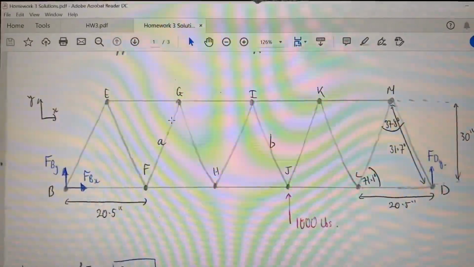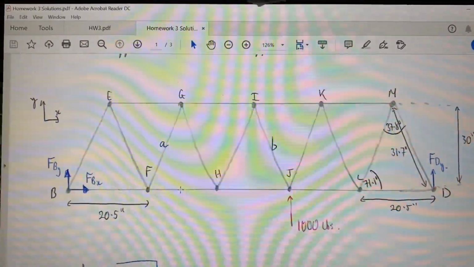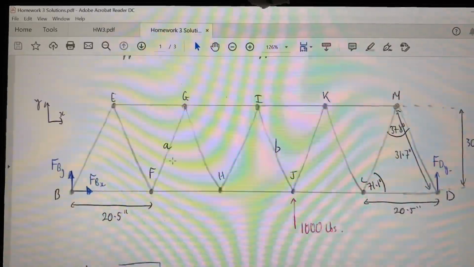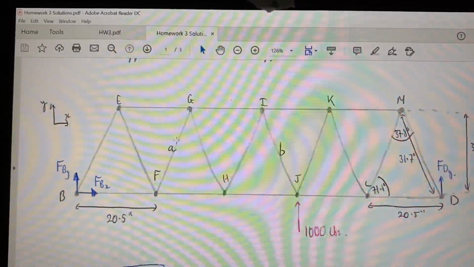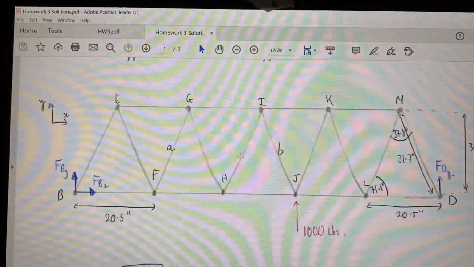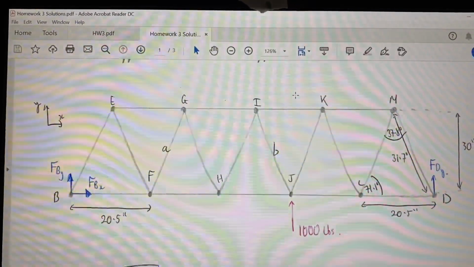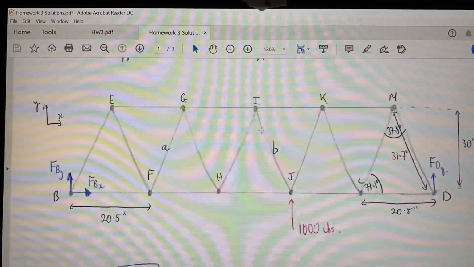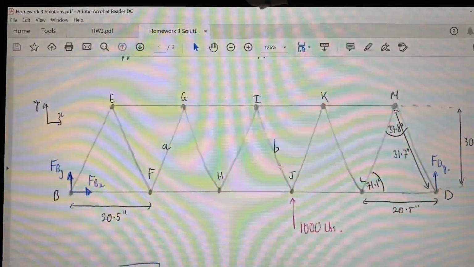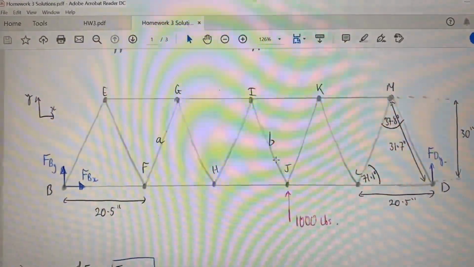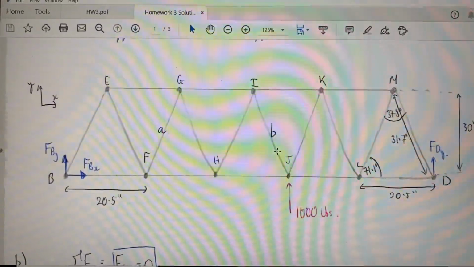So for example, I could make a cut through the truss here and apply the method of sections to find the axial force in member A, and I could make a cut through here to apply the method of sections to find the axial force in member B, right? So that's the first step of the solution method,